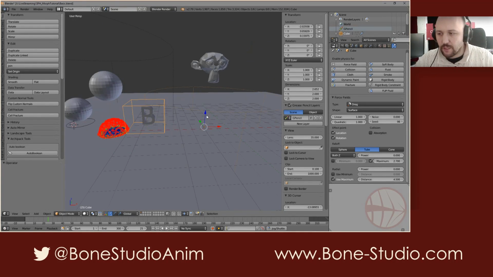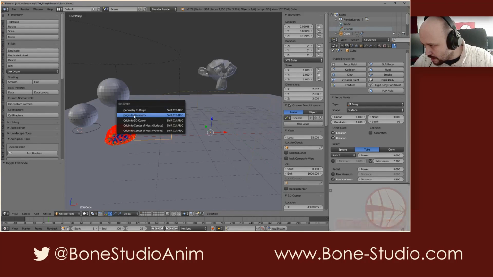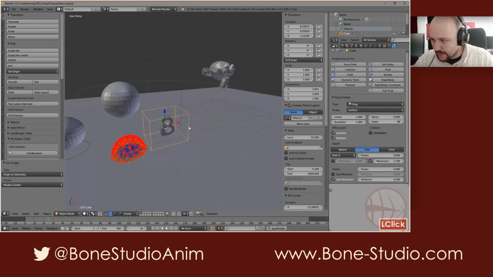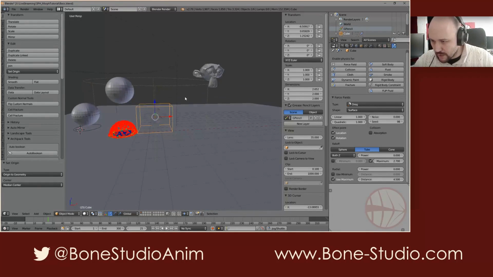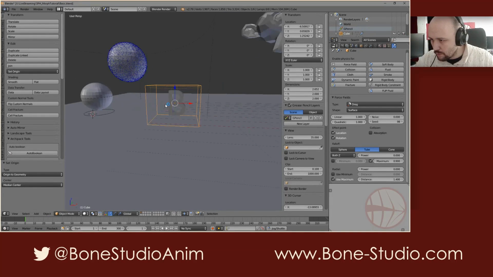It's important that the force field origin takes place in the origin of the geometric object. So in this case, we need to change this origin to geometry, and that's it. We have the force field from the center. So now we want to limit this, and that's okay too. So if we press play now,